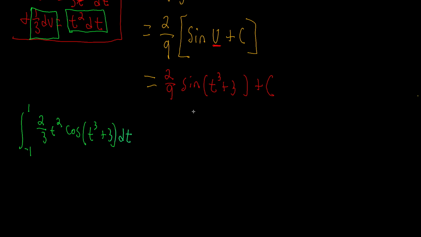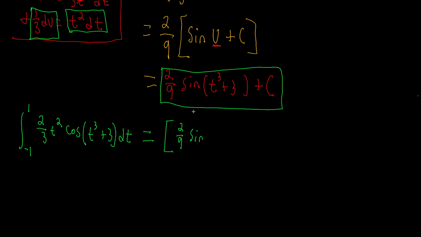FTC Part 2 requires the function to be continuous on the interval that you're integrating over, including at the bounds. That's why it's closed. But we can do it. So this just equals this minus the plus c part evaluated between 1 and -1. So this is just going to be 2/9 times the sine of t cubed plus 3